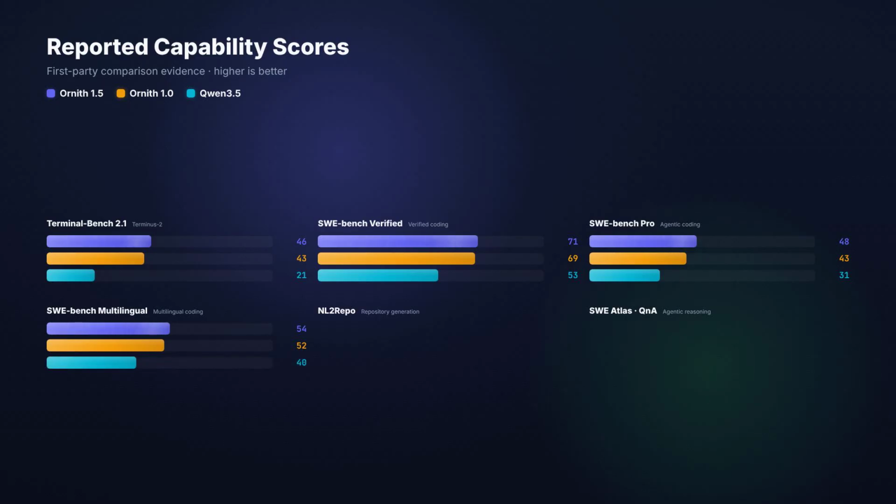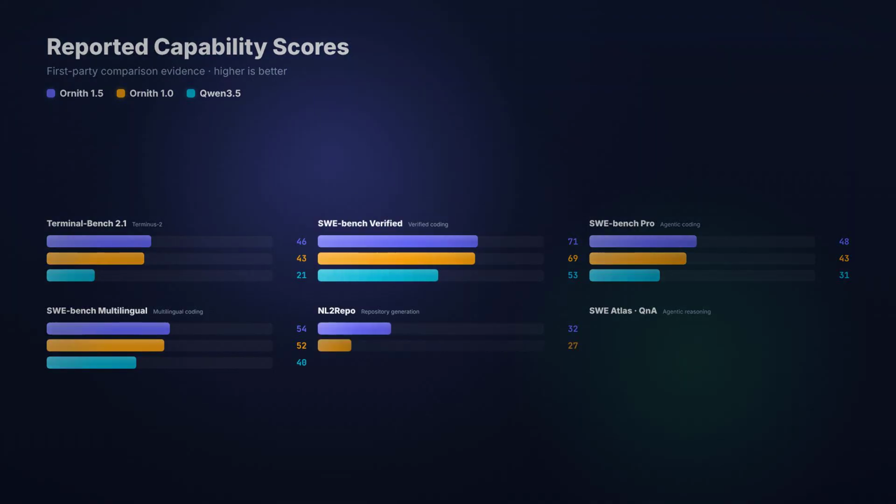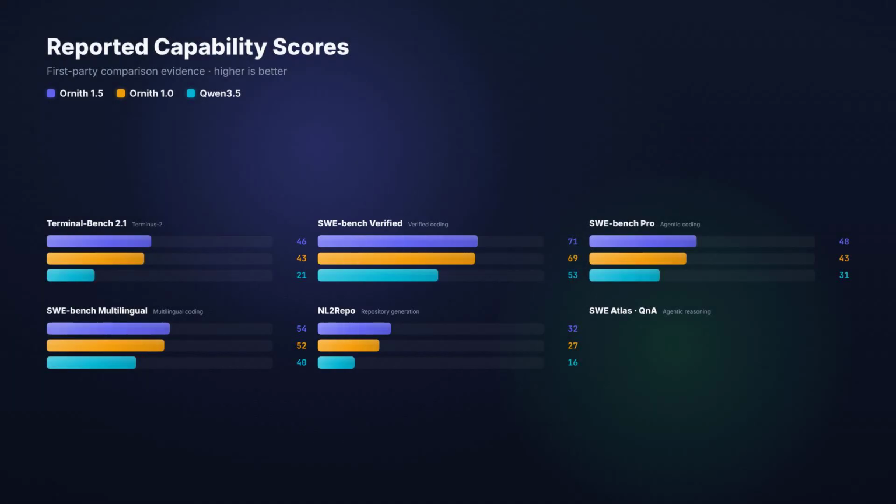On SWE Bench Verified, the reported figures are 70.6 and 53.2, while the older Ornith sits between them at 69.4. Those figures are first-party benchmark evidence with their own settings, so they inform a capability choice rather than predict locally